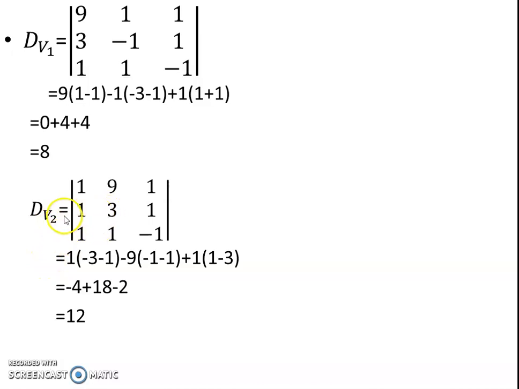Now dv2. Instead of x, now we have to complete dv1. Instead of y, now v2 is the variable. So instead of the v2 column, we have to put 9 3 1, instead of 1 minus 1 1. So that's why 1 1 1 fixed, 9 3 1, 1 1 minus 1. We now have to define dv2. So we allot the first row and first column. 1 remains the same. 3 into minus 1, minus 3, 1 into 1 minus 1. First row, second column, the middle is minus 9. So we have to take 1 into minus 1, minus 1, 1 into 1, that is minus 1, because the middle is minus. Next, plus 1 is there.